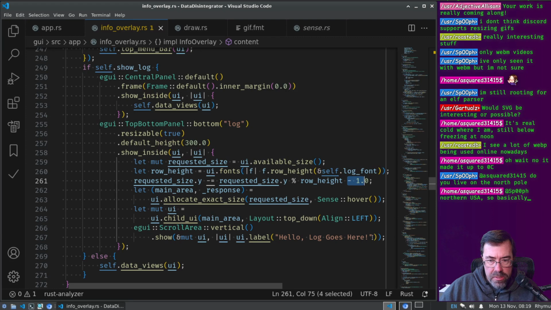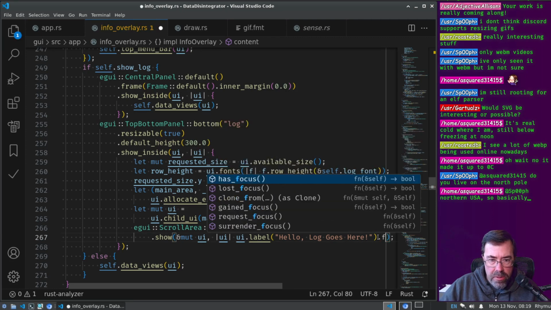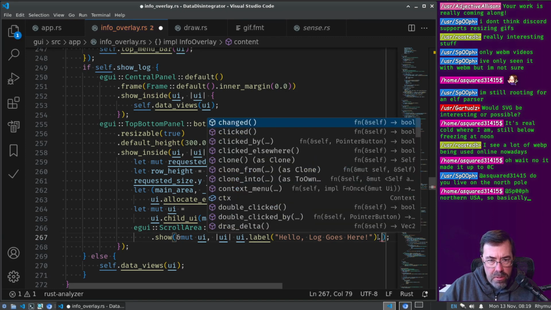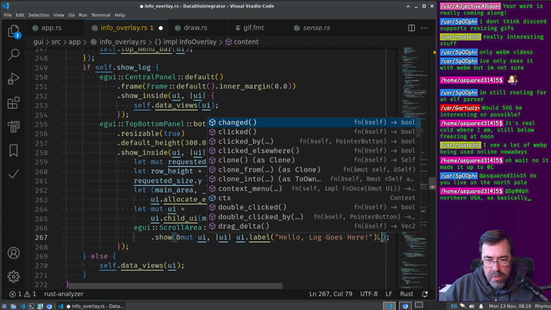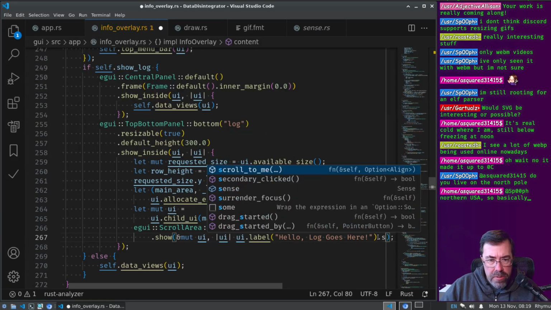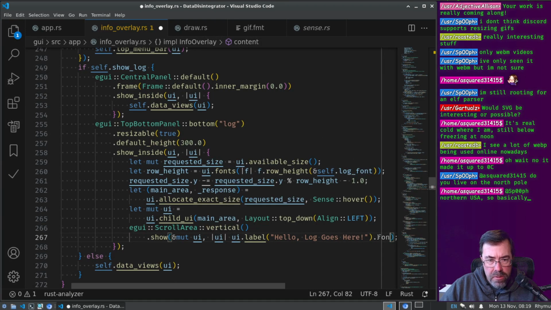Yeah, I wanted this to have the same font. How do I set the font on it? With font? With new rect? Font, set font. I don't know. How do I set the font on a label? Oh, wasn't it the text itself? It was like,